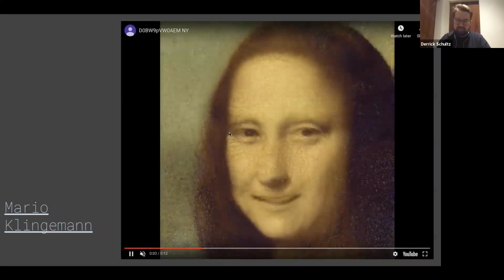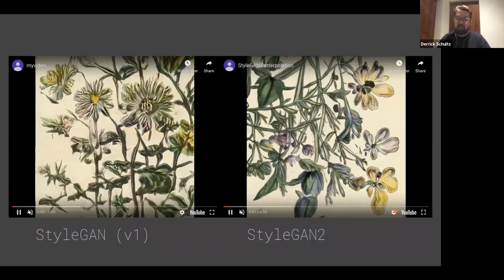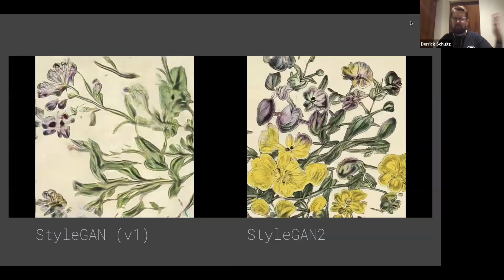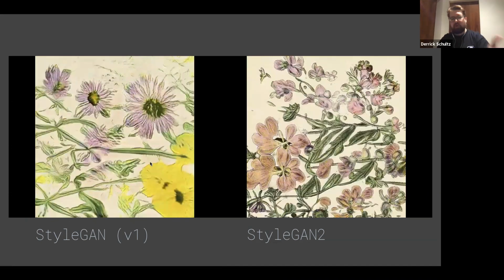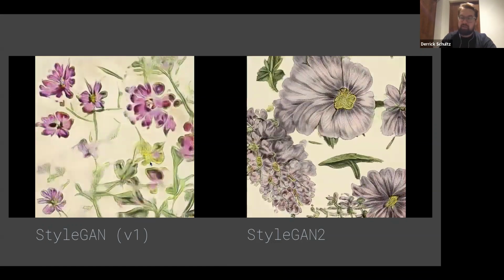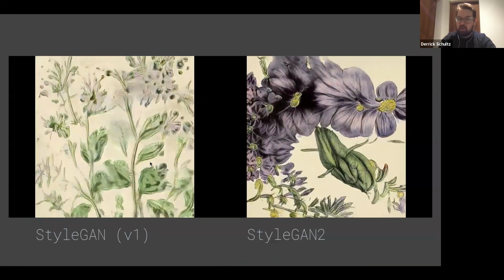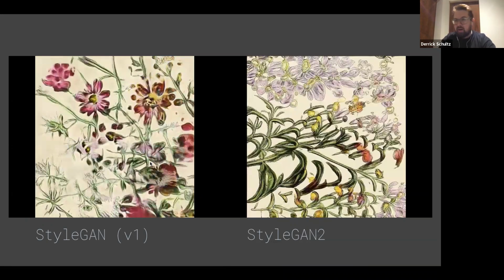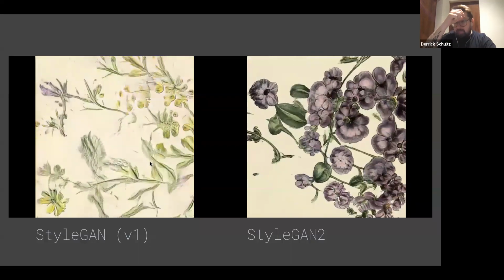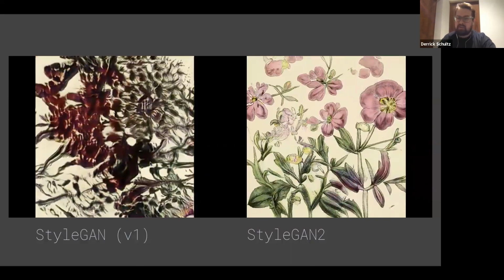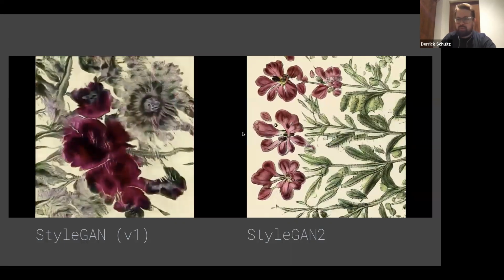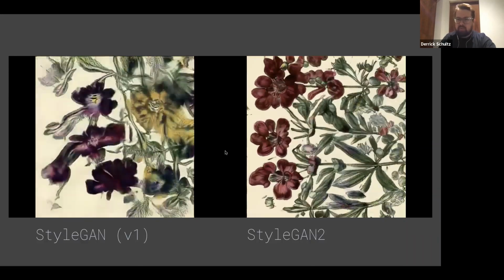Really interesting stuff. This is some of my work. So about 2 weeks ago, a month ago, StyleGAN 2 came out, which is a new version of the previous StyleGAN. So you're looking at, on the left, two different models trained on the same data set. And you can see how much more remarkably textured and interesting this new model version is. So we'll be working in StyleGAN 2 in class next week. It's pretty much the same in terms of the training. It's a little slower, but not too much. But you get much better representation of the images. And you're gonna see how drastically different these two models are. So it's pretty amazing.